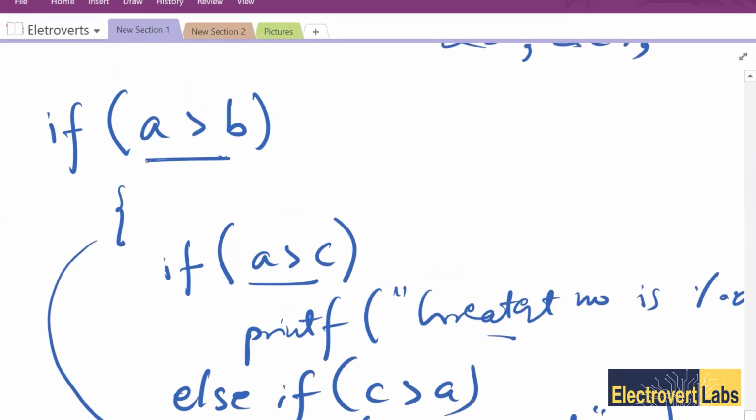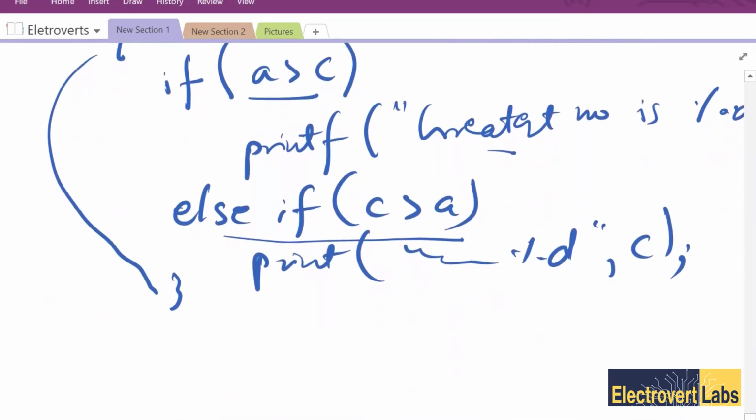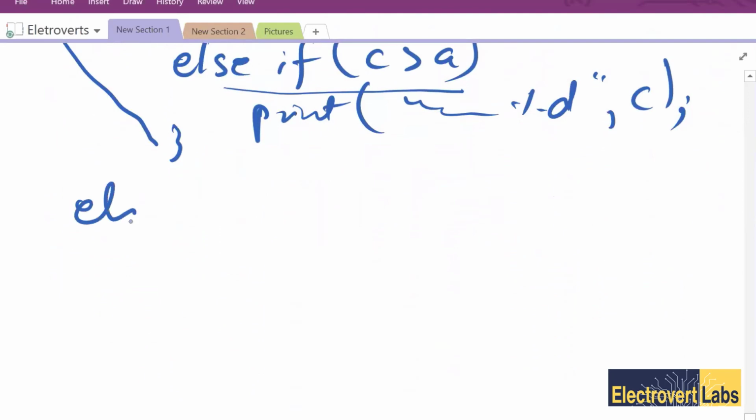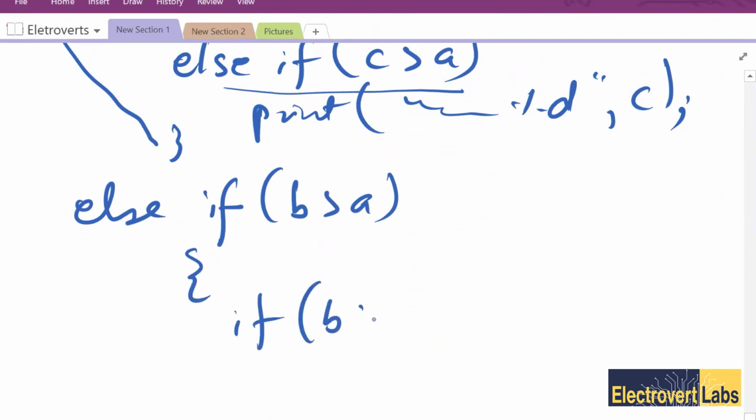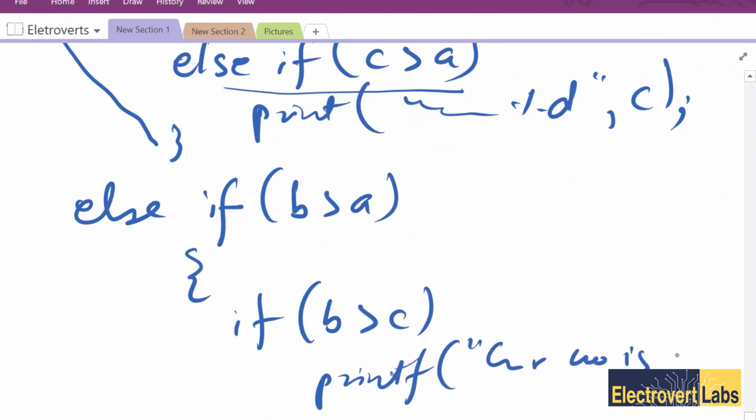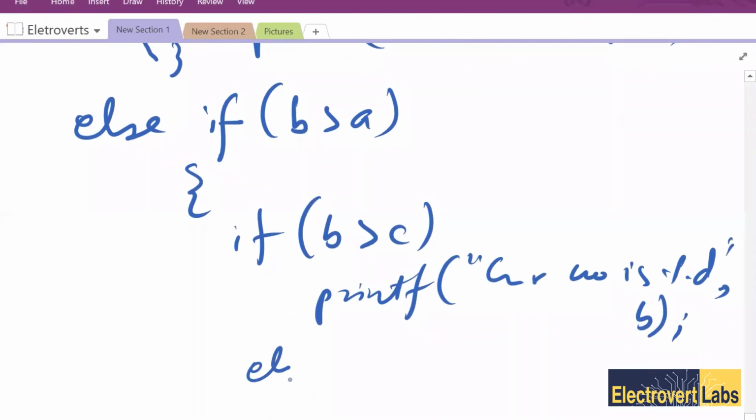Now if this isn't true, a is not greater than b, else, or to be more accurate, else if b is greater than a. Okay. Now if b is greater than c, then we print that the greatest number is %d, b. Else if